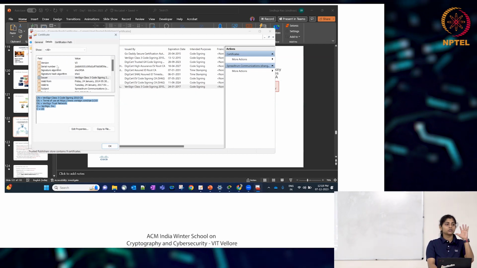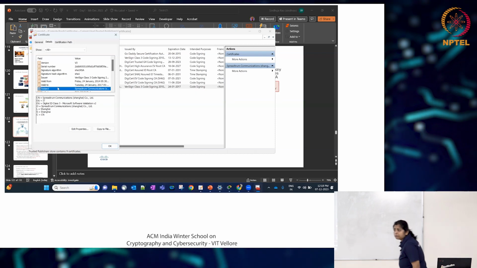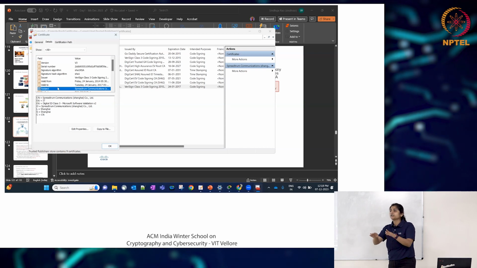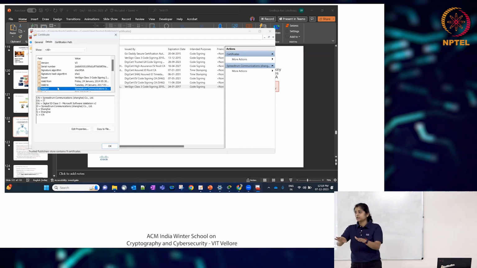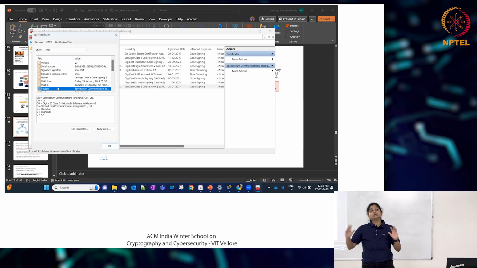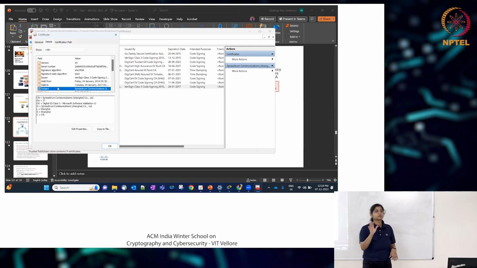It doesn't stop you from creating a certificate within a lab. Obviously, you can create a certificate within your Windows system for your own usage. And if you have someone who can trust that certificate, you can create a communication. Nothing stops you.